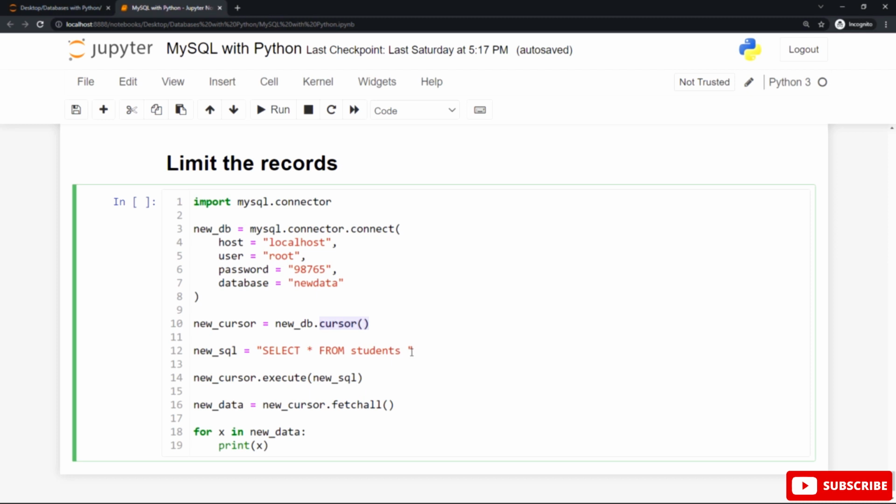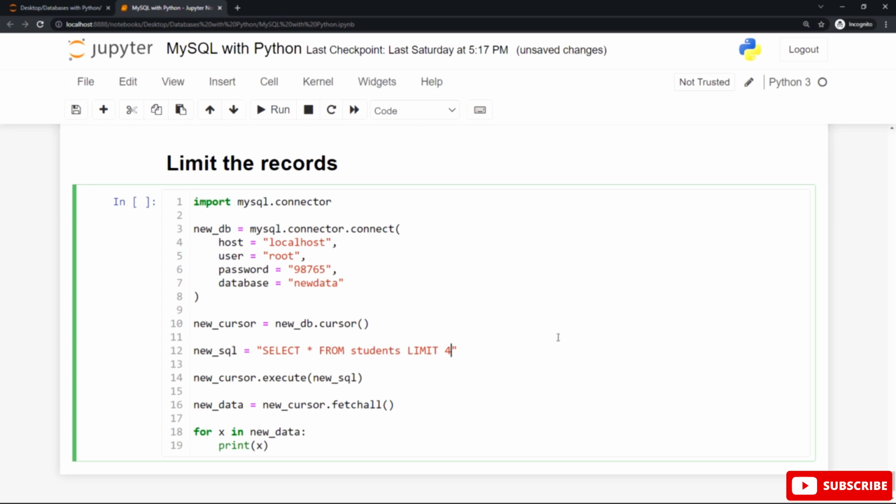And after that you can see the select statement with the asterisk symbol to select all the information from this existing table in the new database called students. After the name of the table, suppose we want to select the first 4 records in this table called students. To do that, use the limit statement. Let me show you that.